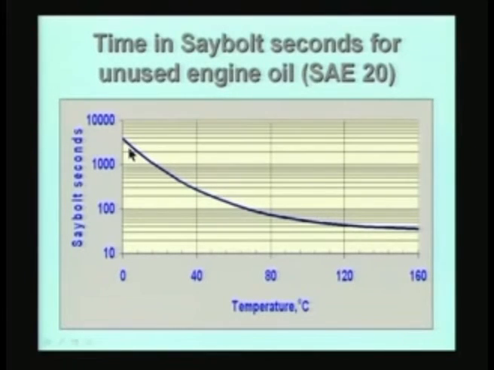The point I want to make here is that for most liquids whose viscosity we want to measure using the Saybolt viscometer, the drainage time is measurable, and very accurately measurable, because it varies from about 1000, 3000 to about 50 or 20, 25 or 30, which is easily and accurately measurable. That is a very important thing. In other words, it means that this Saybolt viscometer can be used for a large range of values of viscosity of the liquids.